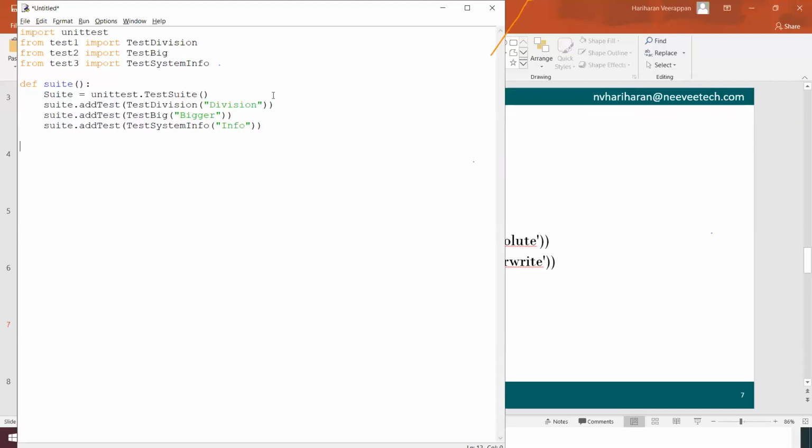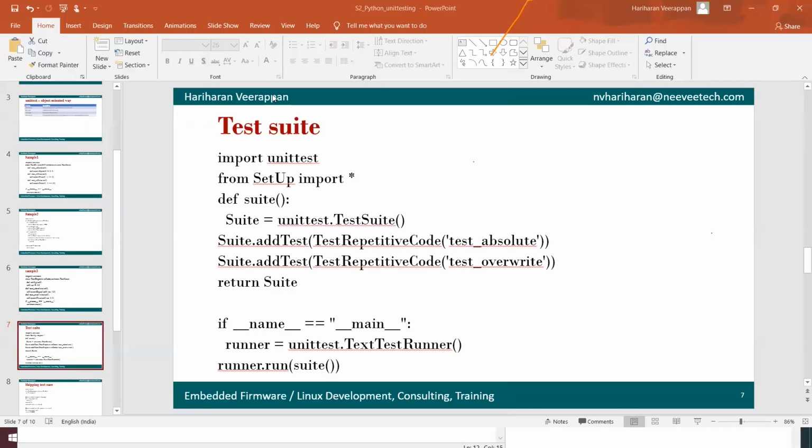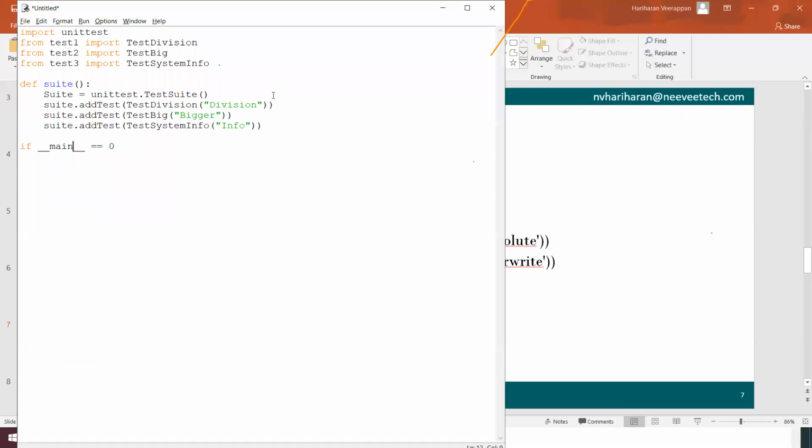Once it is done, I'm going to do the run: if __name__ equals __main__ over here.